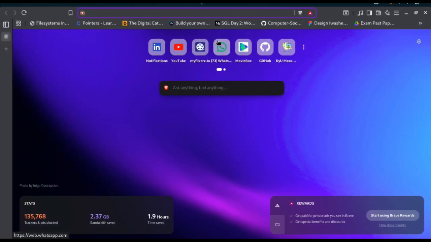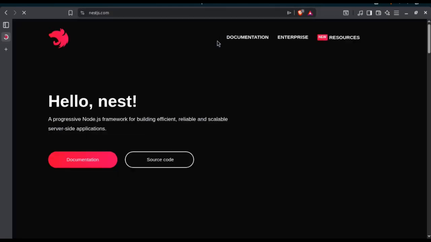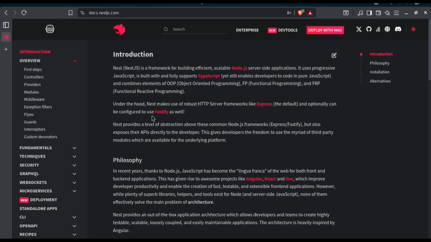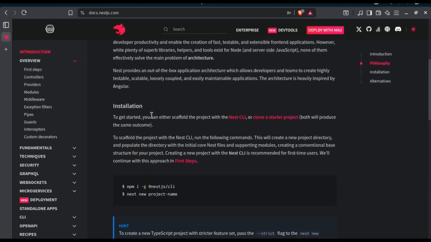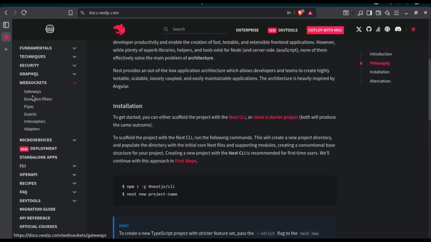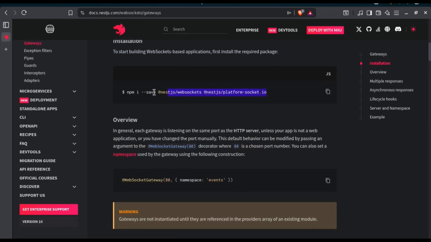So here we are going to look for the NestJS documentation, and most of the times when you want to work with something to do with NestJS, you can always be guaranteed to find whatever you're looking for in the documentation, so embrace that. And when you come here, you can see what we need to import. And so I'm just going to copy this,